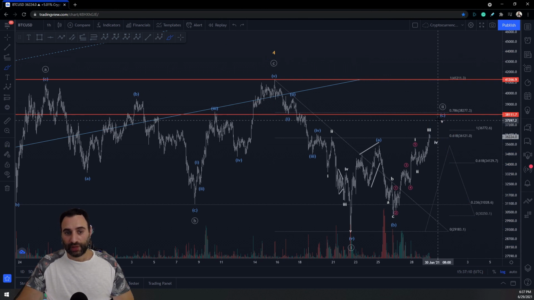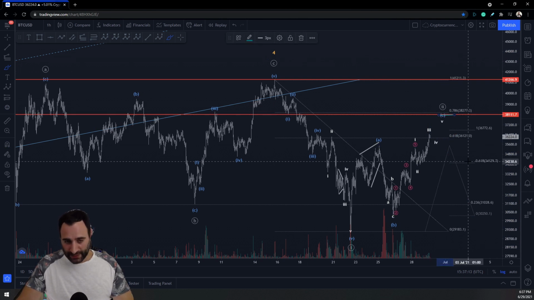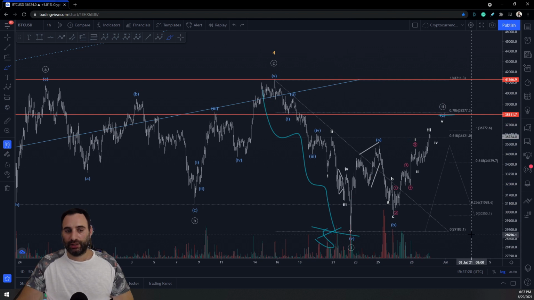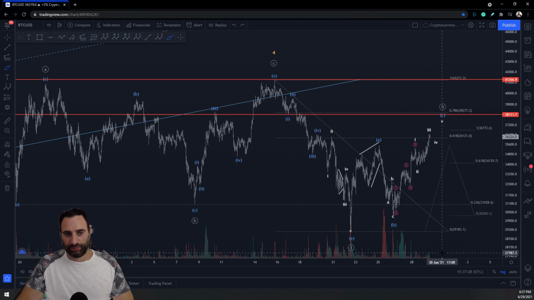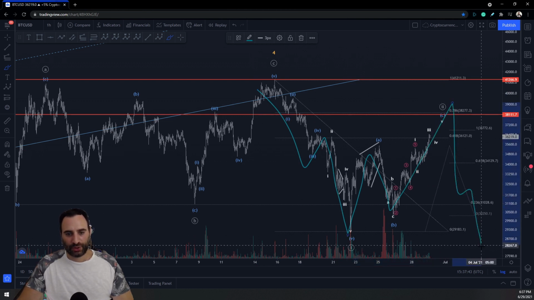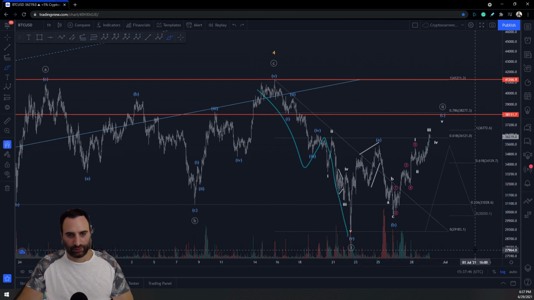Now, if we break above that invalidation level, does it mean that that's it? We ended down here. This is 1, 2, 3, 4, 5. That's my 5, and continue up higher? Well, not necessarily. It is a variation of the alternative scenario, but I believe it's not even alternative, it's just a variation. I believe if we break above that level, most likely what we're going to see is an ABC over here, another ABC over here, and that is going to turn perhaps into an ending diagonal, because ending